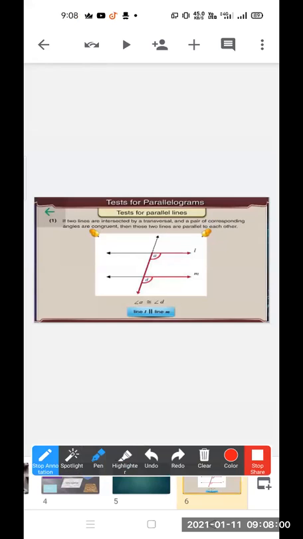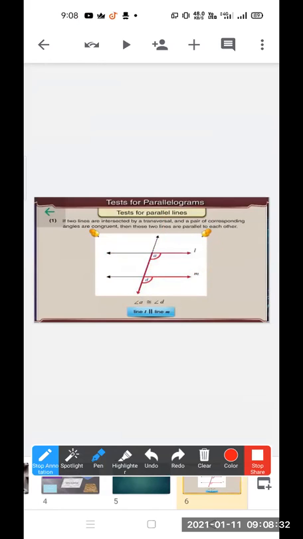Okay, children. So what is given here? Two lines are given and a transversal intersects those lines. If the corresponding angles formed are congruent, then only we can say that the given lines are parallel to each other. Here two lines are given, line L and line M, and one transversal is passing through them. The line which intersects the given lines is called the transversal.